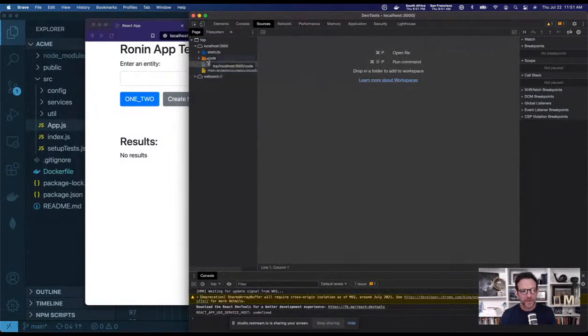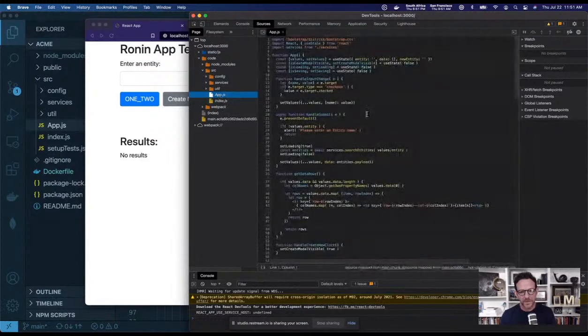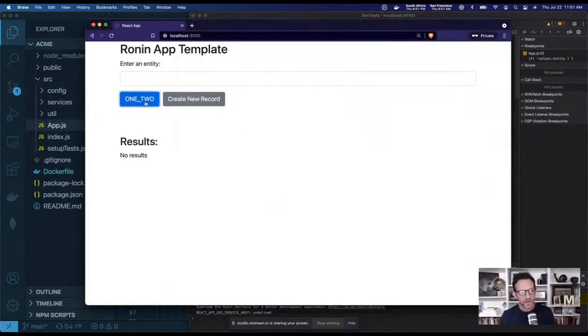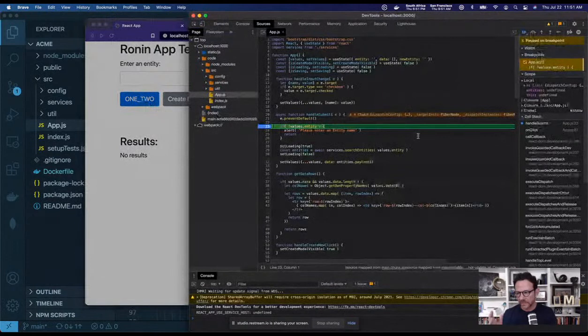Let's see if we can find that source code. So I'm just in the browser debugger, the Chrome tools. So open up source. I'm going to go into app.js. I know this is the handle submit of this 1, 2 button. So I'm going to put a breakpoint right here. Come back in, click it. Fantastic. So we are now running our application in dev mode inside of a container, and we're debugging